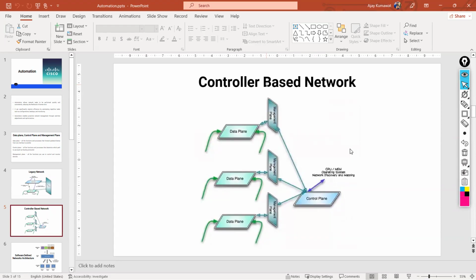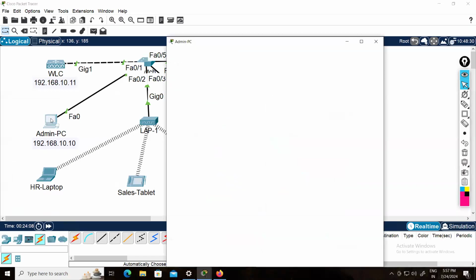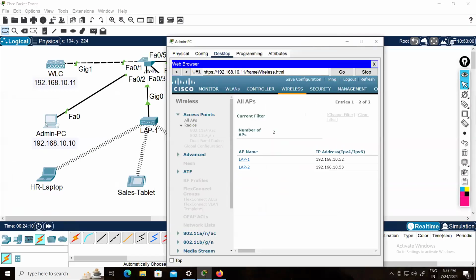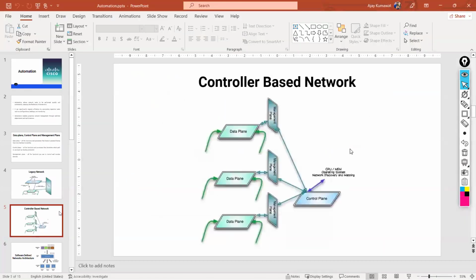How were we accessing it? The WLC, I was managing it from here, right? From the admin PC, I was using a web browser. That means even to access the controller, I was using a software application. And this is where it becomes the next architecture, which is